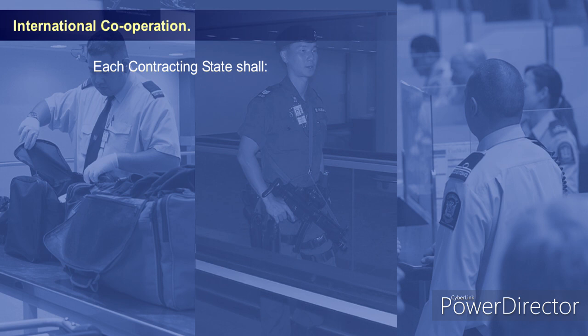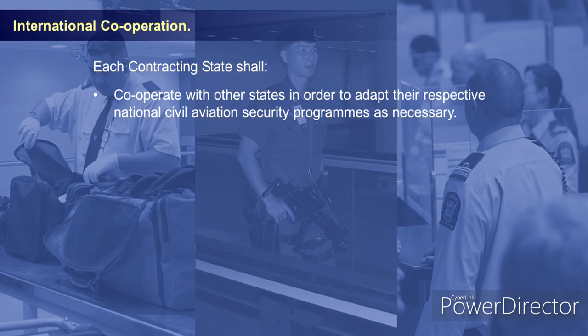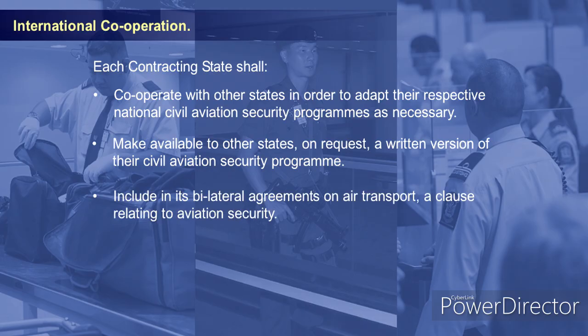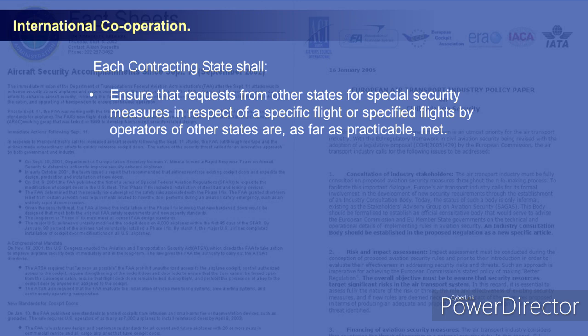In order to effectively combat international terrorism, contracting states are to act within a coordinated framework and to common standards. Each state is therefore required to cooperate with other states in order to adapt their respective national civil aviation security programs as necessary, make available to other states, on request, a written version of their civil aviation security program, include in its bilateral agreements on air transport a clause relating to aviation security,